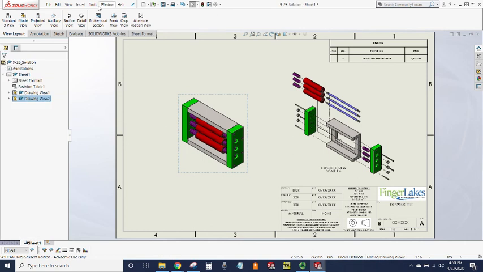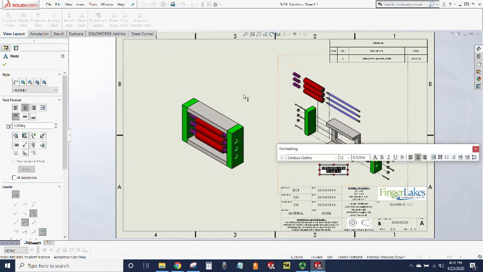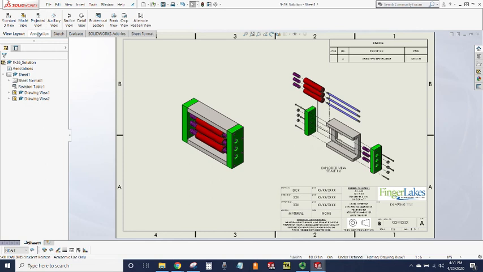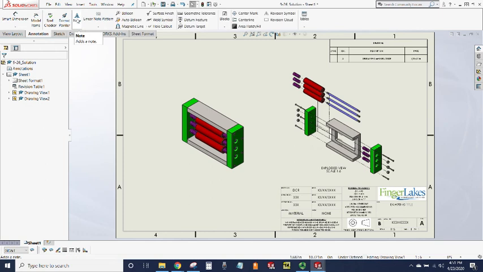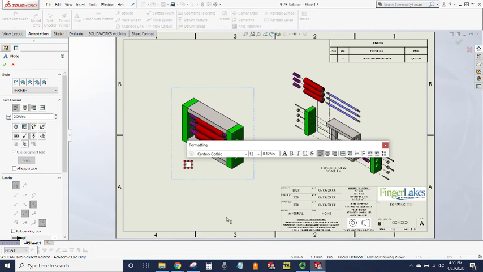So now I can actually copy this note's properties over to here by double clicking on the note, hitting Control C, and now I'll hit the annotation tab and the note button again. And again, I hover over this view till I get the box. See, I don't have the box right now. Hover, I got the box, and select, and I will